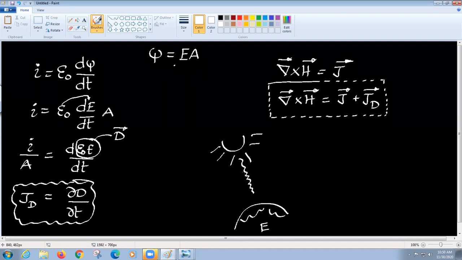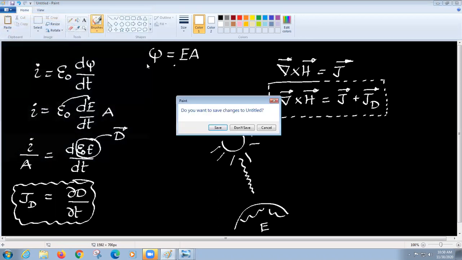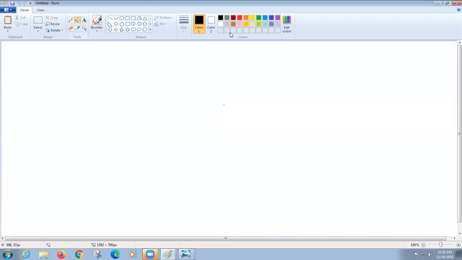What you treat now, a displacement current or something, it's all up to your imagination. But one thing you have to understand is that this JD led us to understand the propagation behavior between or within a medium of interest. So this is a very important note. Without much ado, let's knuckle down this equation of continuity, or we would say current continuity equation. So what is this current continuity equation?